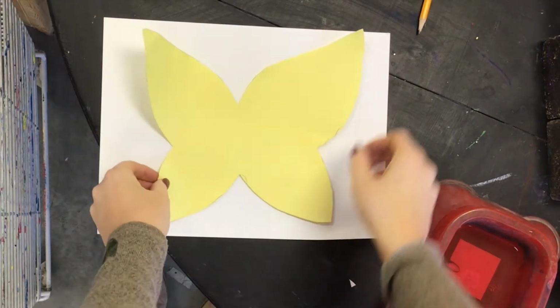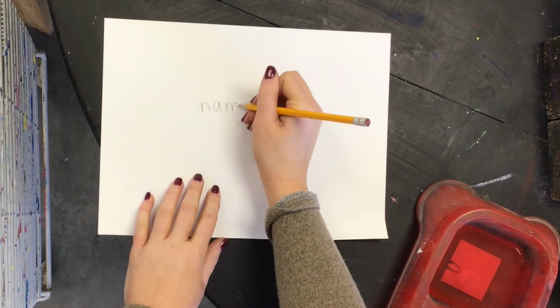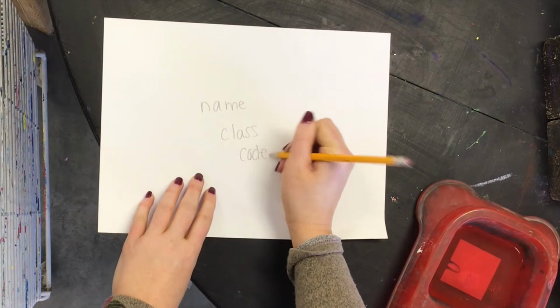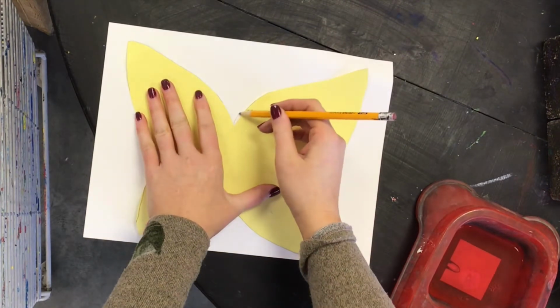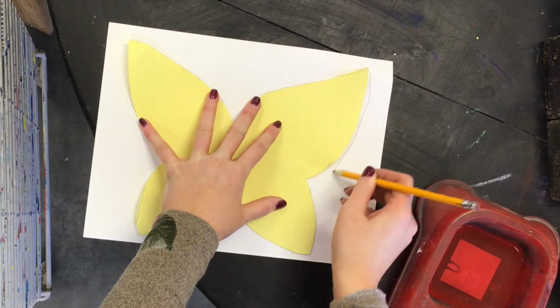When we get started with our butterflies today, write your name and class code on the back of your paper with a pencil. Then flip your paper over and make sure it is horizontal. Before you set your butterfly tracer down, hold your tracer down with one hand and trace all the way around the outside of your tracer